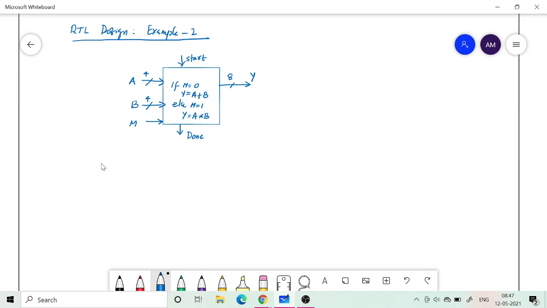So if you want to keep the value of A for further clock cycles, you need to have A or B stored inside a register. But if it is not required, you don't need to store it. You can just take it directly. One thing I forgot to mention is that there will be a clock also.